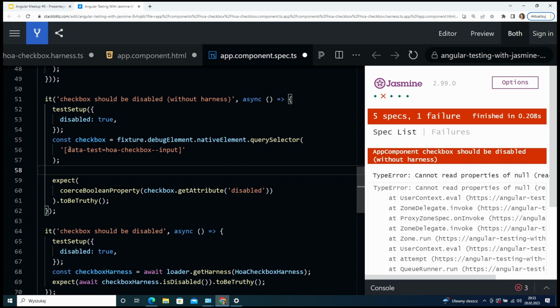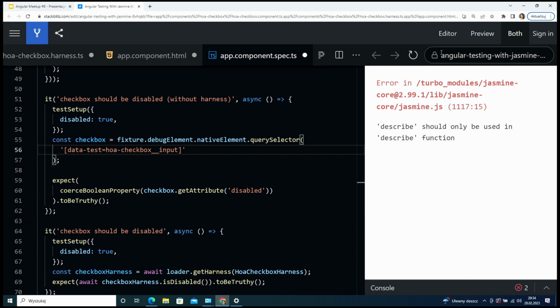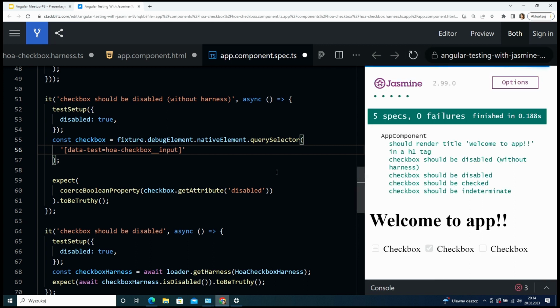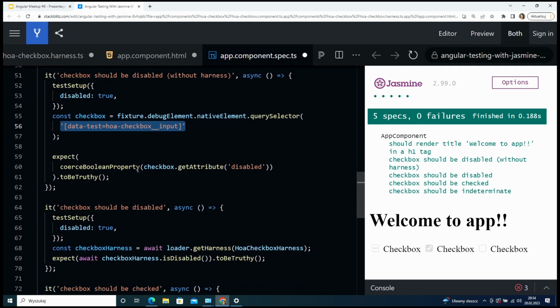So we already have this coupling to the implementation details of my checkbox component because you are depending on my data test attribute, and I already see why it breaks because I changed the input attribute. So let's bring it back. So this is how it will look normally. You will first find some element using query selector, using some kind of selector you would like to. Probably you will open the developer tools and look what kind you attach to. And then using this instance, you will